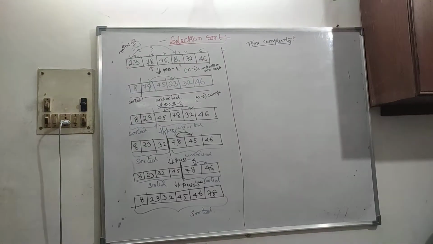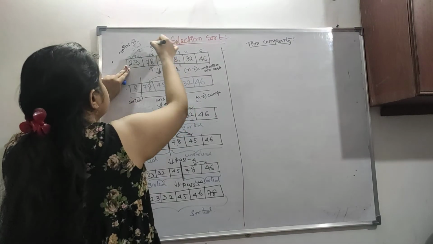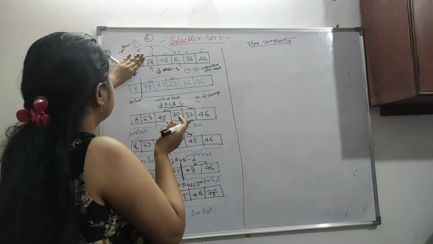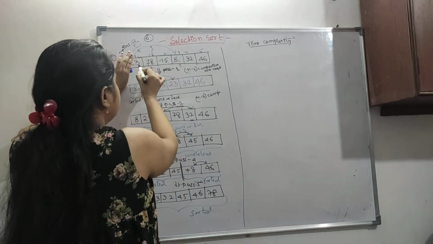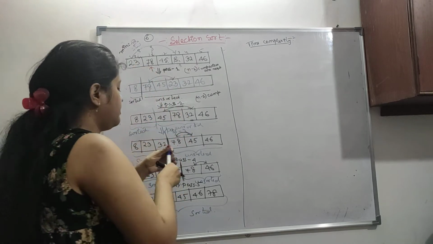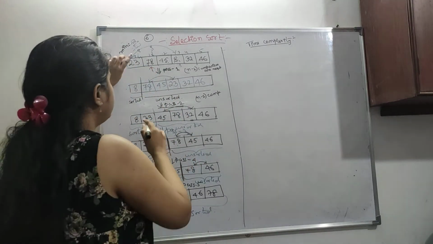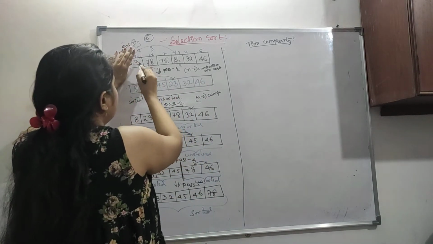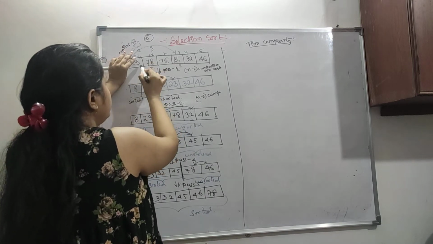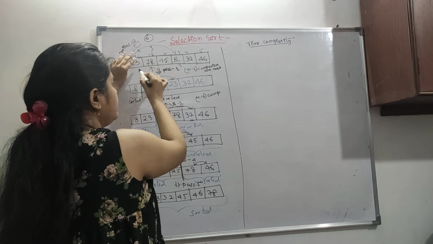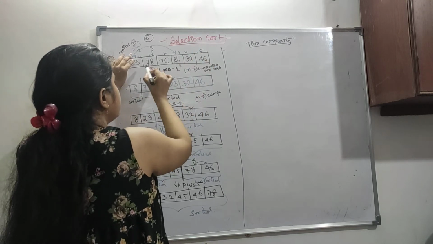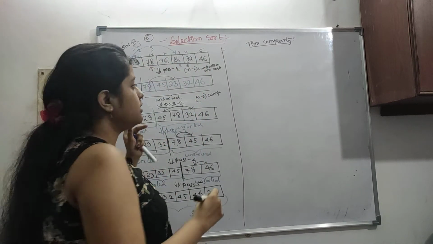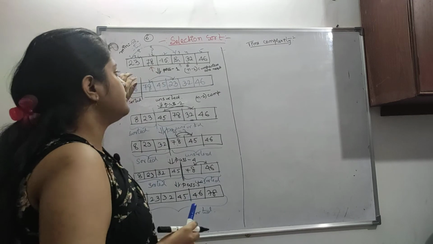So here in this example, let's say the total was 6 elements, right? It has got 6 elements, 0 to 5. So 23, leave it out. We have taken 23 as our minimum, so we have to check which is actually the min. So 23 is checked with 78, 23 is checked with 45, 23 is checked with 8, 23 is checked with 32 and 46. So 1, 2, 3, 4, 5: 5 comparisons were required. So basically n minus 1 comparisons were required. So now 8 is in the correct position.